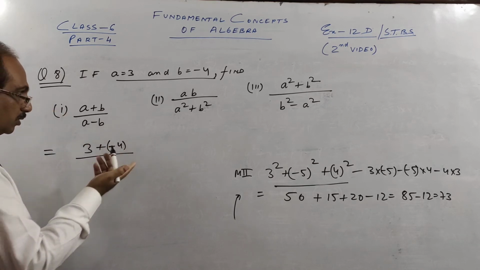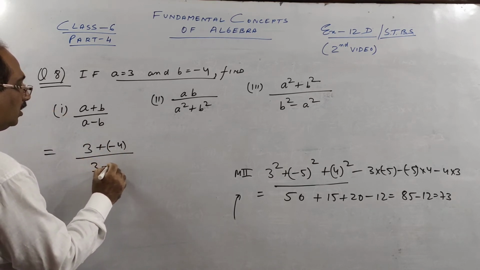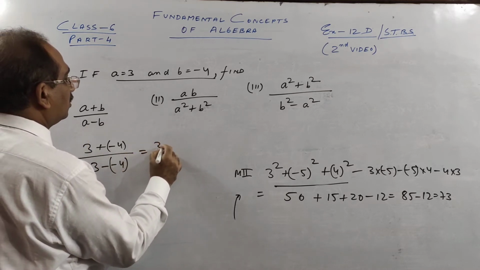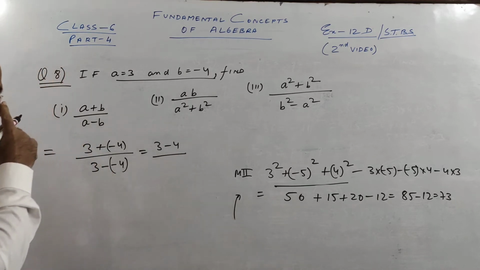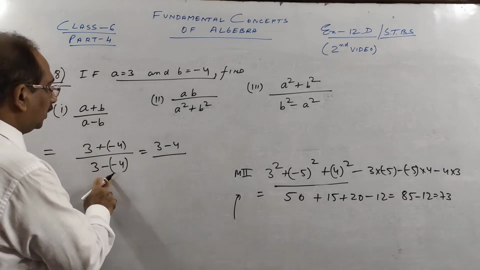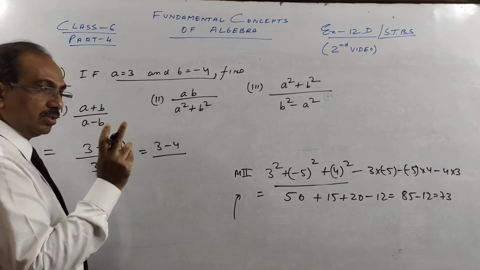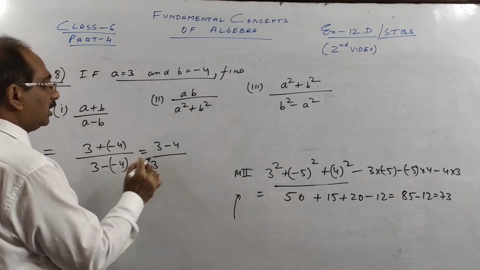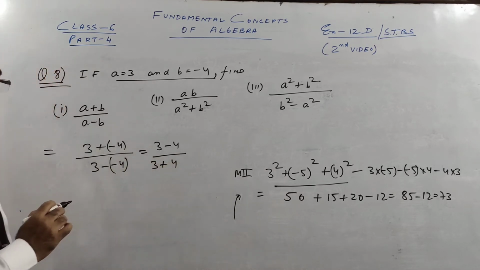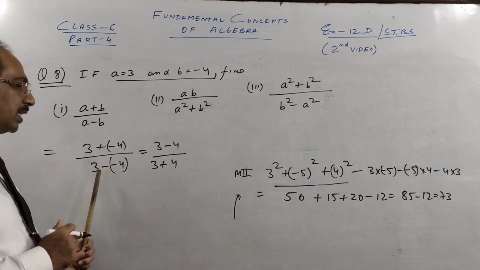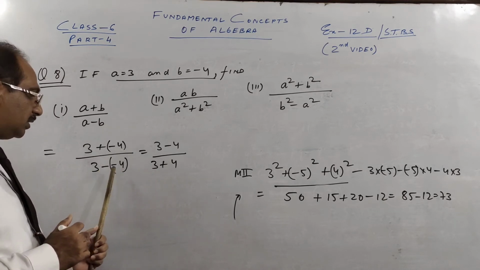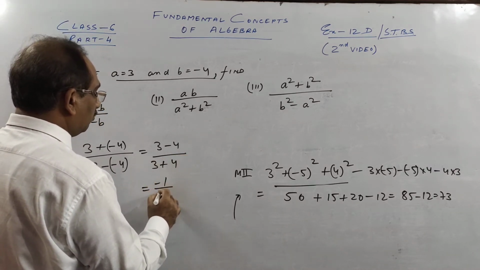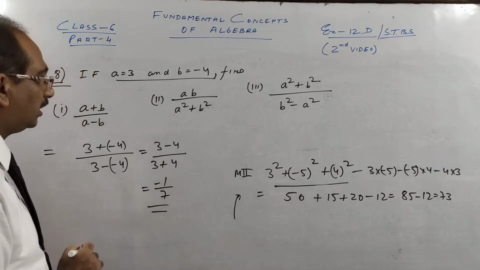So in my earlier video, I have explained to you this, A minus minus B. So what do we get? 3 minus 4, okay, and here the additive inverse concept I have given you earlier. So actually I told you in short, only the sign minus minus becomes plus, not the value. So this actually means adding the additive inverse. So plus the additive inverse of minus 4 is 4. So here we get, children, minus 1 by 7. This is part 1's answer.